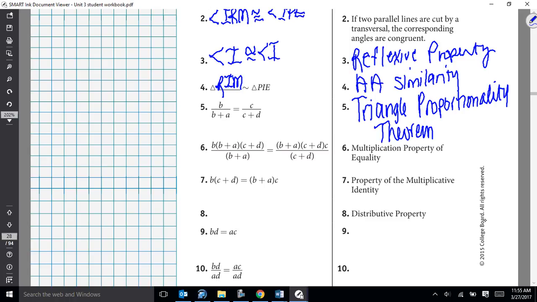Here to here, what they're doing is essentially cross multiplying. And then from 7 to 8, what's going to go here? It says distributive property. What's being distributed on the left side of the equal sign? All right, so BC plus BB. And then on the right side,